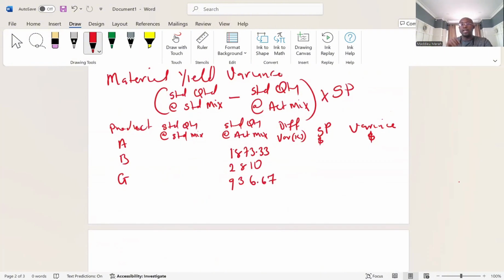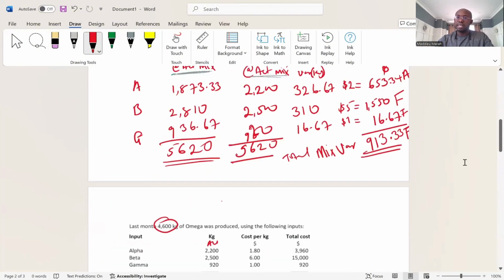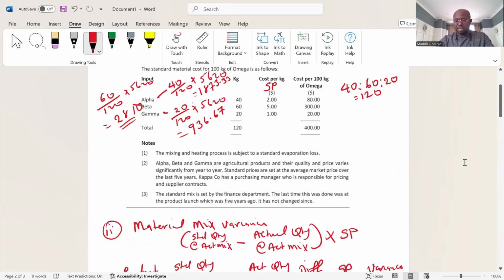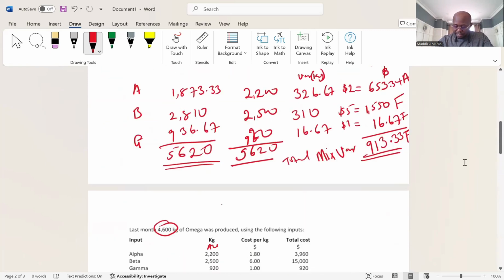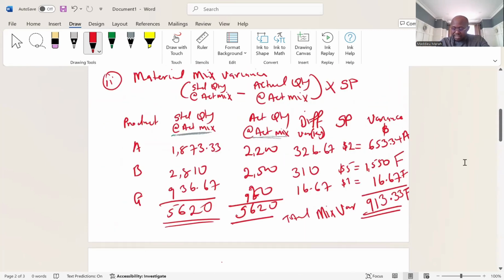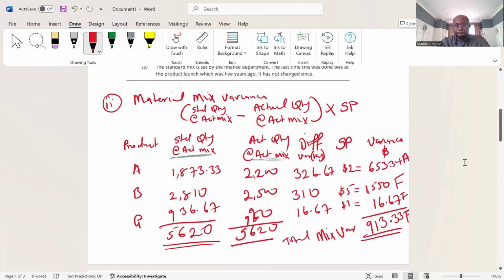936.67. I already have these figures. Sound good? Now I need my standard quantity at standard mix. Let's go to our standard figures. Standard quantity at standard mix. So my standard quantity at standard mix,